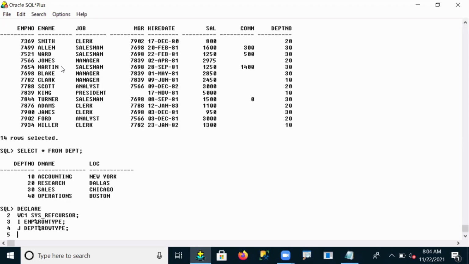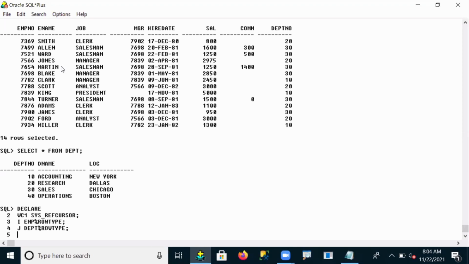So I is one general, normal variable that we declared for fetching the data from the EMP table. And J is one more general variable that we use for fetching the data from the DEPT table.